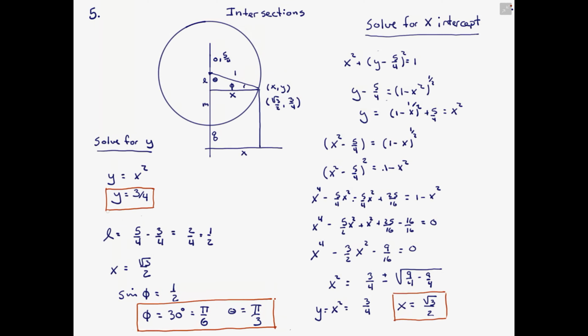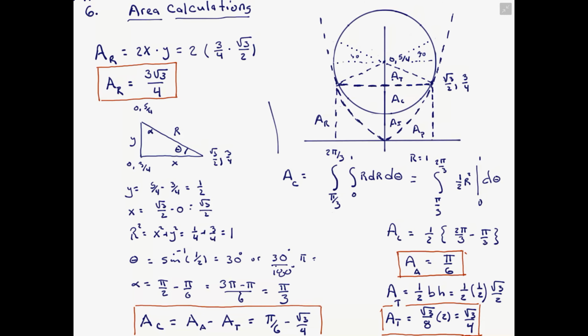And once you have all that information, now it becomes a matter of finding the areas. And so we have the area of the rectangle, which happens to be 2 times the square root of 3 on 2